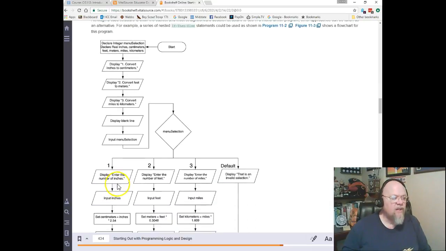So this is what it would look like in a flow chart. So here we have our start. Here's our declare. I don't know why they put start to the side. I could save a little room, but here we declare all of the variables. We display 1, convert inches, display 2, convert feet, display 3, convert miles, and then we display a blank line, and then we